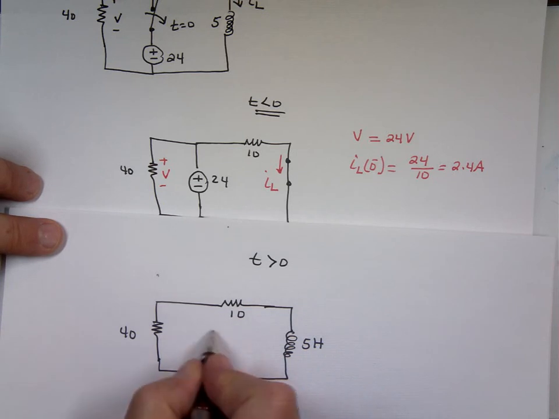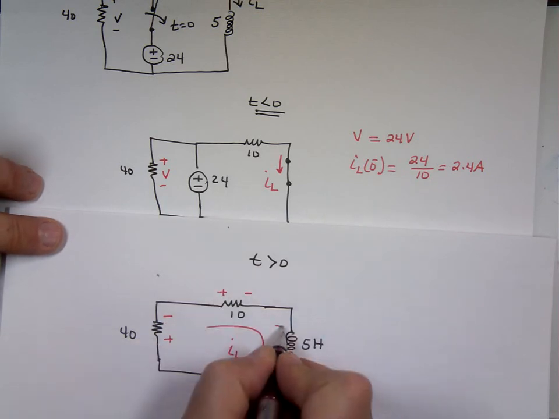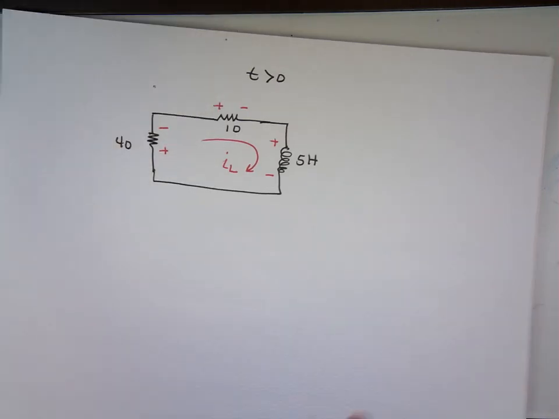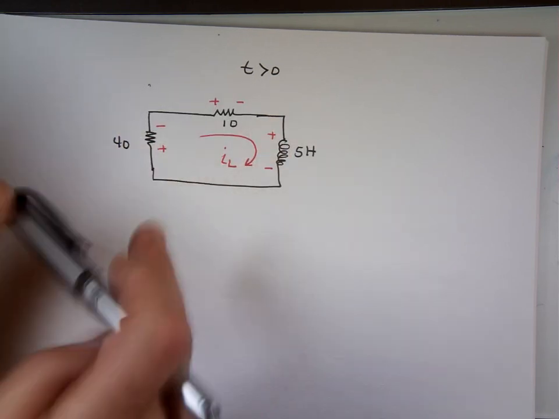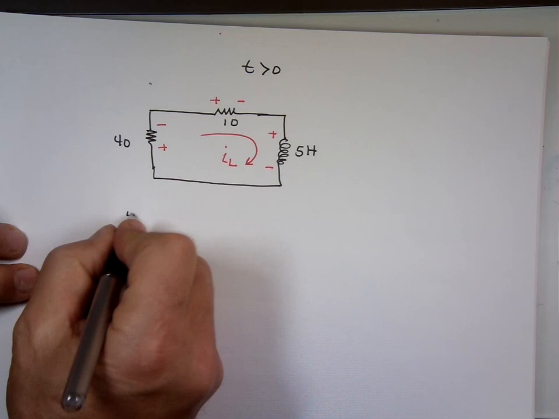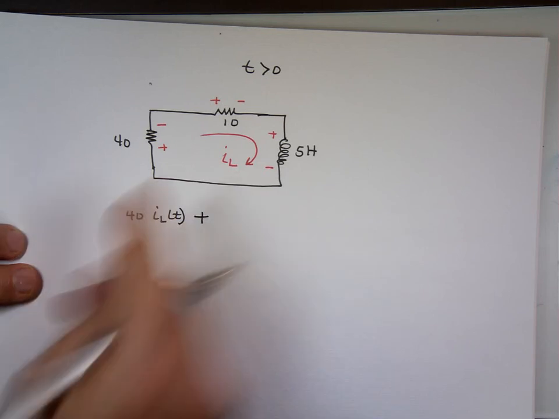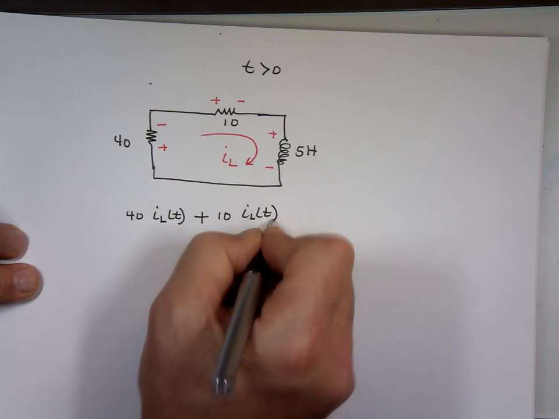So here's my current. This is I sub L. I'm going to mark this plus to minus, this plus to minus, and this plus to minus. So if I do KVL there, the sum of the voltages in a closed loop is 0. Let's begin with this one. What's the voltage here? Ohm's law says 40 times I sub L. Plus, what's the voltage drop here? 10 times I sub L. Plus,